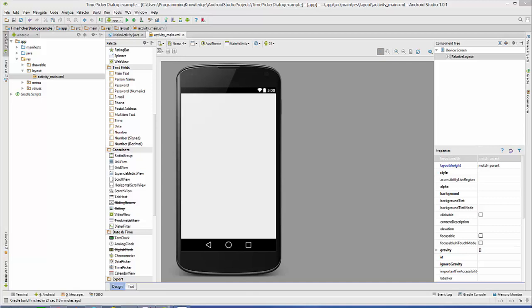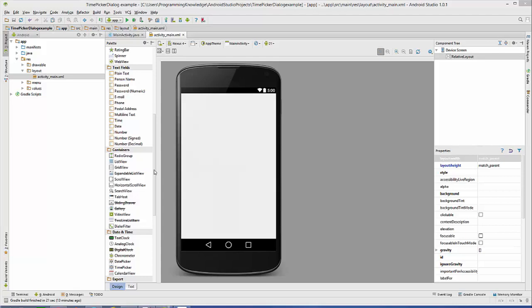In the last video we have seen how to use time picker in Android. And the main issue you can say with time picker is that it occupies a large space in Android activity. Time picker dialog you can use when you want to utilize your activity space, and this time picker dialog can pop up when some button is pressed, so you can efficiently utilize the space inside the activity. So let's see how we can use time picker dialog in Android.